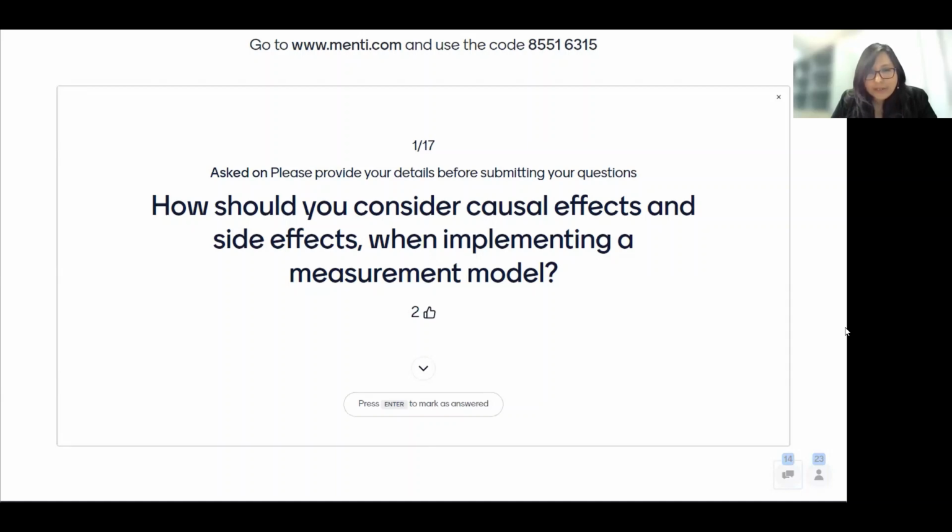The causal effects, it means something has happened or is happening based on something that has occurred, or is occurring. For example, B happened because of A. It's a causal effect. And the causal effect in here, how can we see it using our measurement framework, when